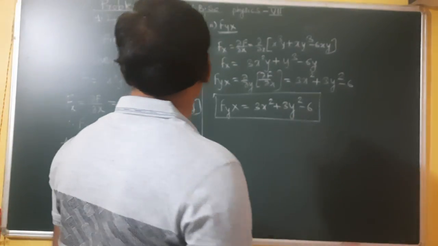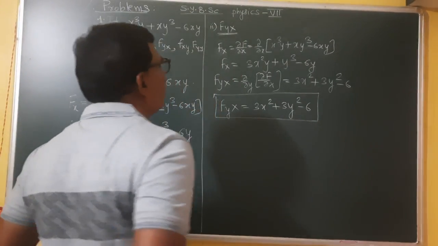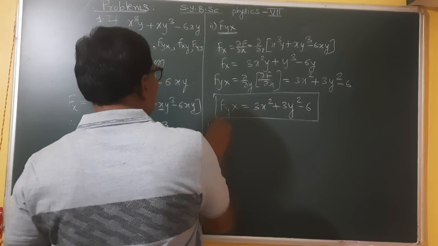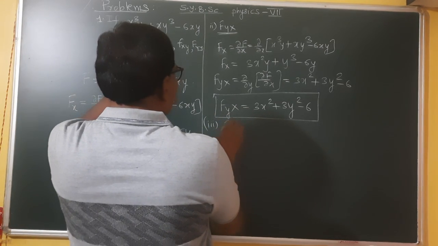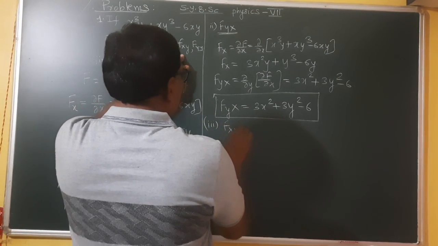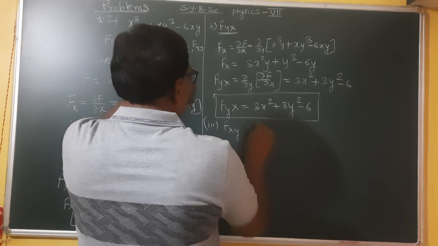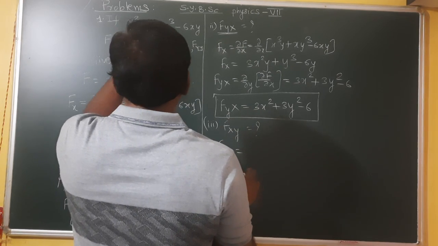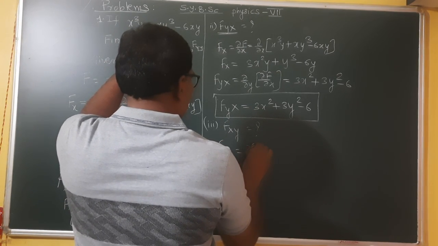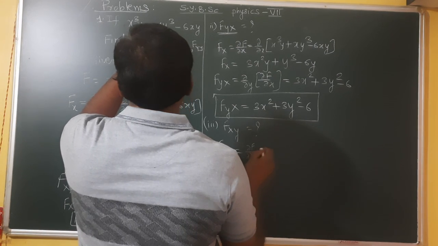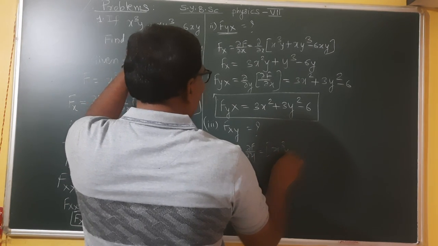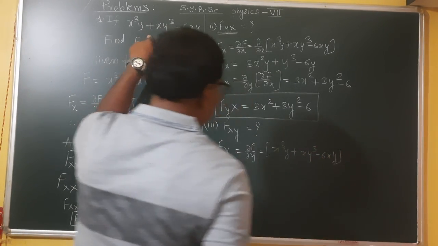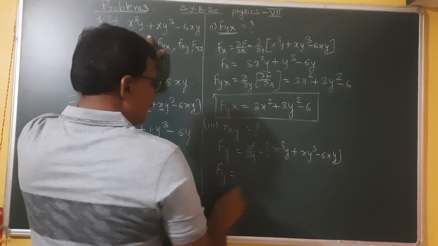Right. Again we are differentiating, the next one, this is the second one. The third one is what? That is fxy. Again we have Fy is equal to dou F by dou Y, and that is equal to x cube into y plus xy cube minus 6xy, and finally we get Fy